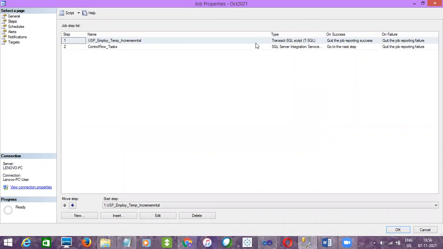And then see here, now two steps are there. So what exactly do we need to change here, guys? Can you observe and tell me where exactly we need to make the change? Any options we need to change here?